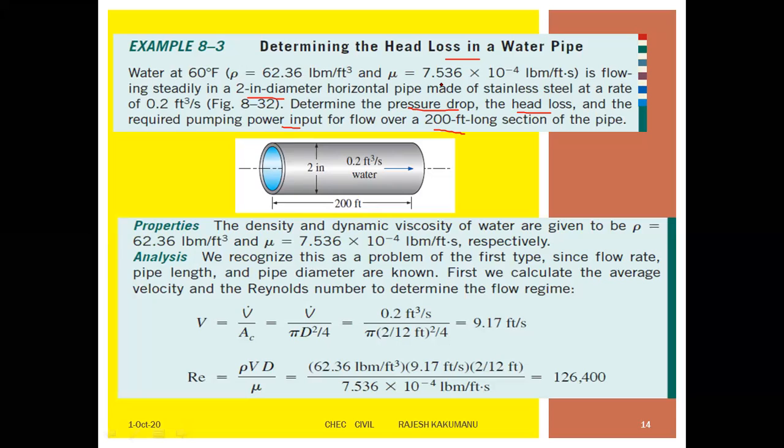Now what is the thing you have to find? We have to find the head loss. The flow rate, the pipe length and the pipe diameter have to be known. So flow rate should be known, pipe length should be known, and the pipe diameter also. First we find the average velocity and the Reynolds number to determine the flow. Then according to the given data,